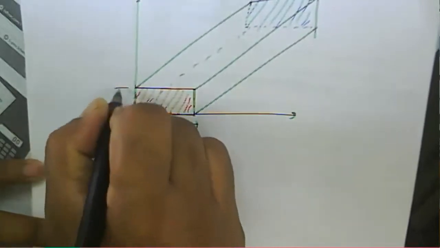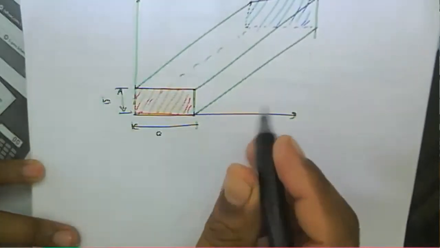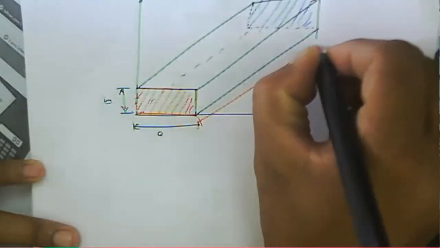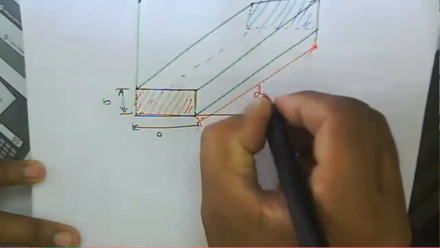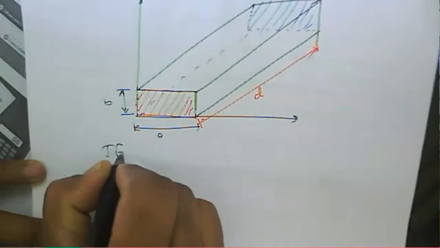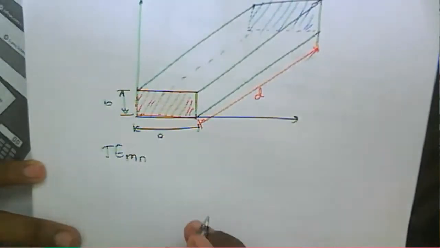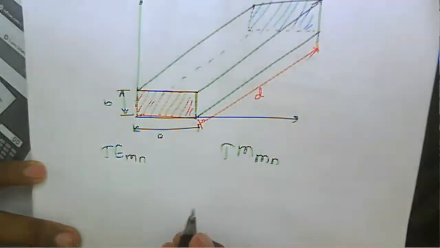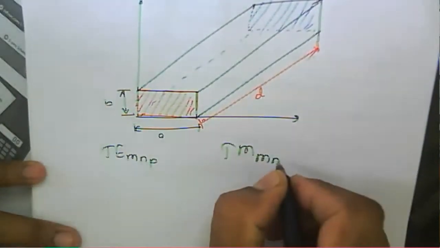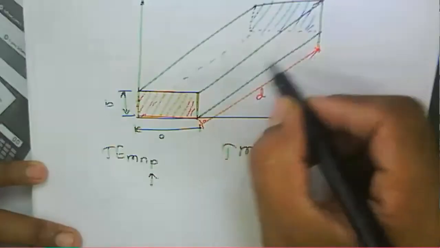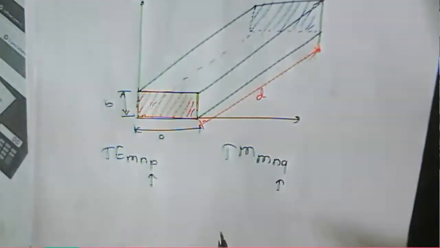We say A and B in a rectangular waveguide. But in the case of a cavity, there is one more distance, and that distance is nothing but the length of the cavity. We have written the modes earlier: TMmn or TEmn mode. But here we have TEmnp and TMmnp. That p stands for how many modes occur in that given direction, for a particular length of the given waveguide.